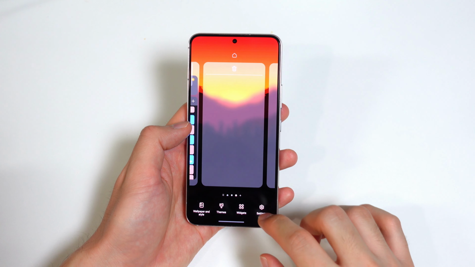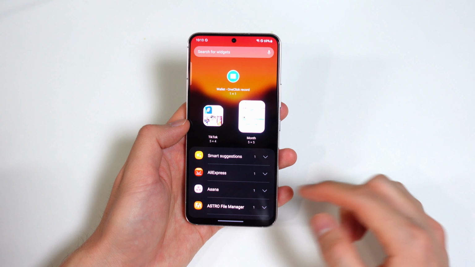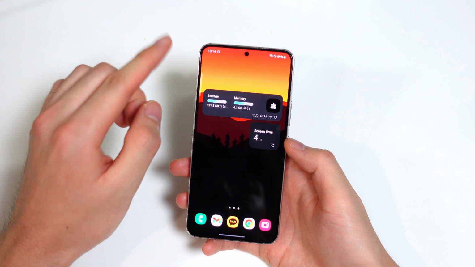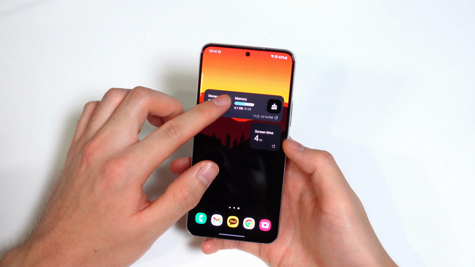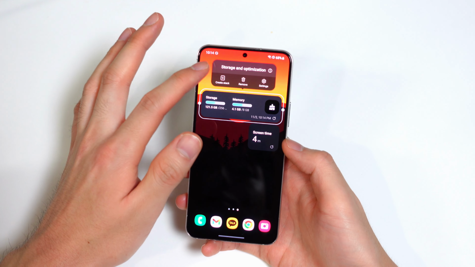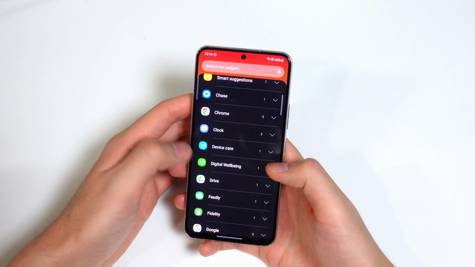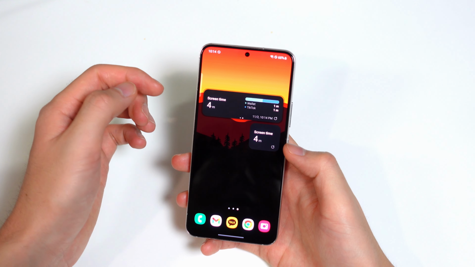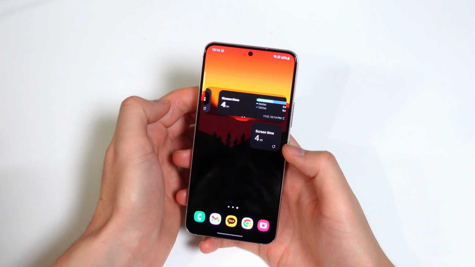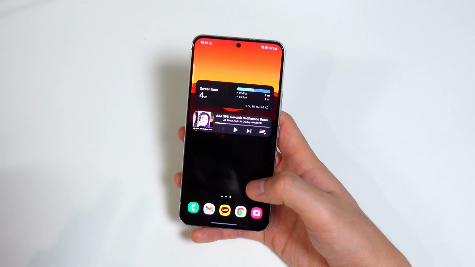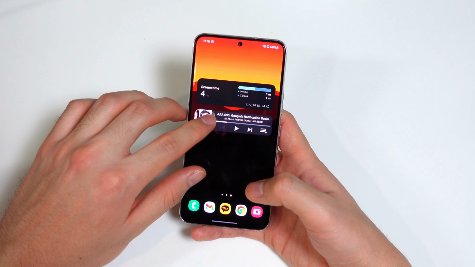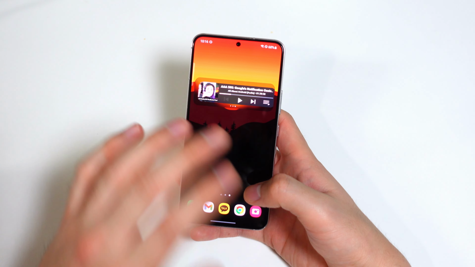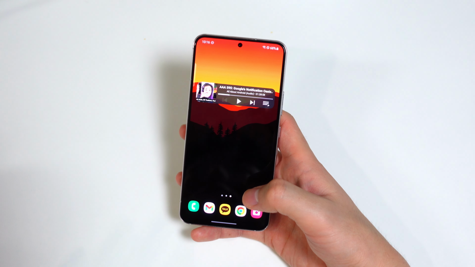And another thing in the home screen, let's go to widgets. And let's say you like putting a bunch of widgets on your home screen. Now you have the ability to stack any widget. So if you tap and hold, you just press create stack, and you can choose any widget that you'd like to group this with. And now you can just swipe through your different widgets. Also, as long as the apps have similar dimensions, you can just hold and drag it into that widget and create that stack. Super convenient, love it. You can save a lot of space on your home screen.